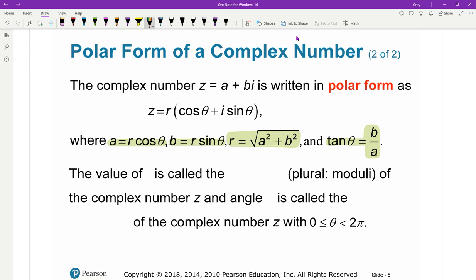So if you can just remember that a is like x and b is like y that we had before, then you already know these formulas and it's nothing new. You do need to be familiar so that you can answer the questions. r is called the modulus,